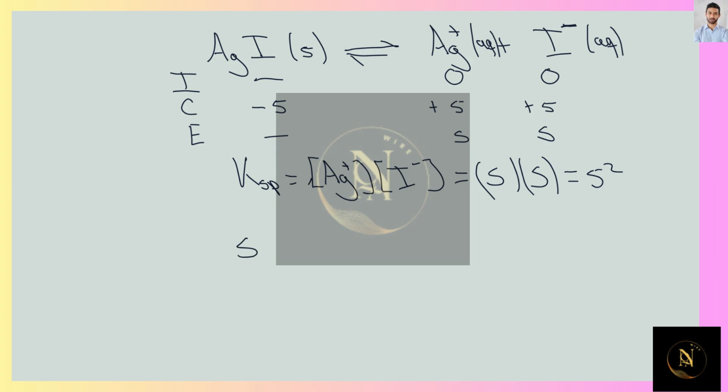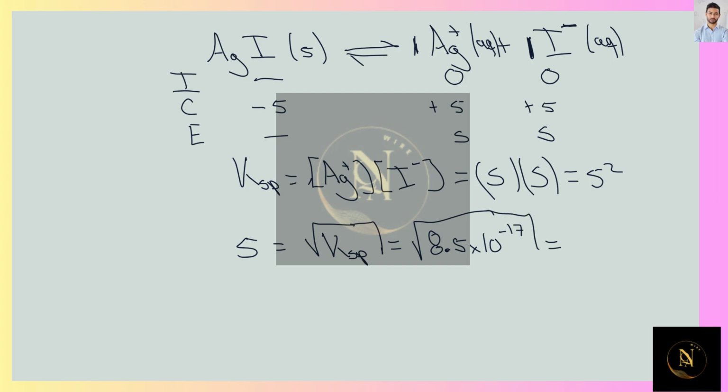The molar solubility is going to be equal to the square root of Ksp, just in the case that we have a one-to-one correspondence in the solution. So for this compound, the value for Ksp is going to be 8.5 times 10 to the minus 17,